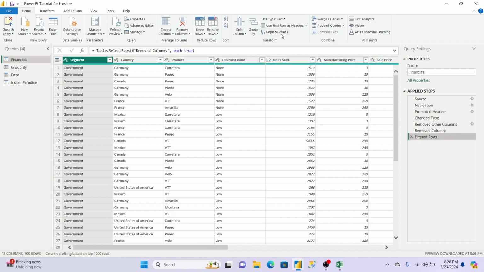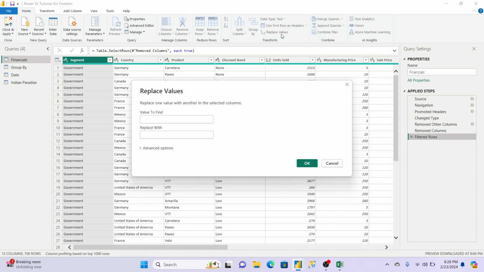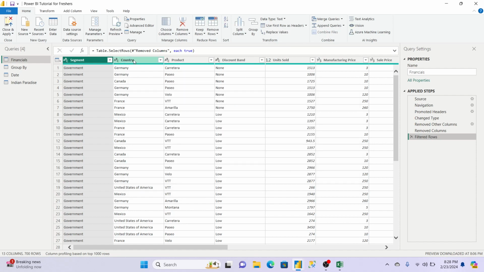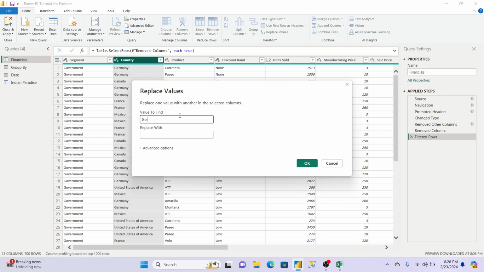Now coming to replace value. It is the most important thing and a 100% asked interview question. Let's click on replace value. Value to find, we will do on this country column. For example, here is Germany and you have to replace it with India.